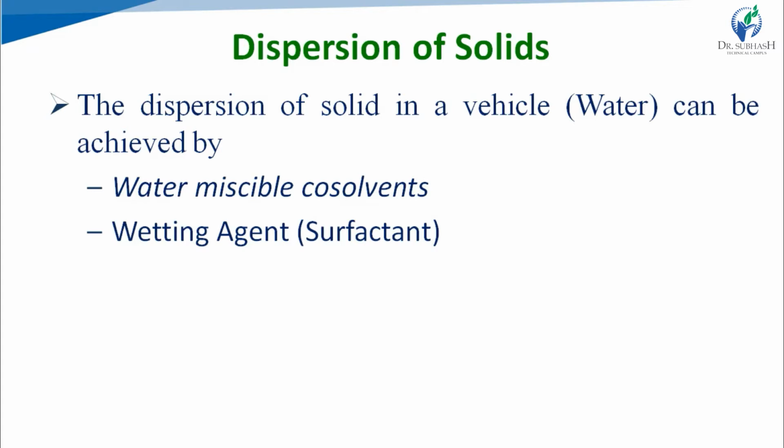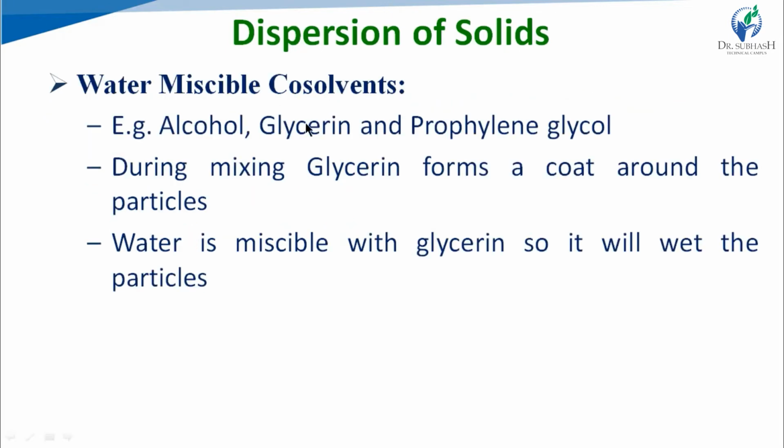We can use a water miscible co-solvent to prepare the dispersion of solid. Another one is a wetting agent. We can add a wetting agent, and as a wetting agent we can use a surfactant. We will see this. For example, first, if we see the approach of water miscible co-solvent, then alcohol, glycerin,